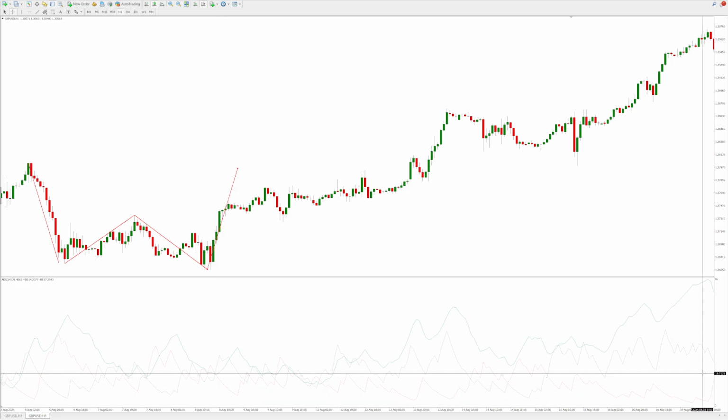I use a 20 level. You can use something higher. 20, 25, 30 are common levels. Some people may use lower. But for me, anything above 20 on the ADX suggests strong market momentum. Anything below would suggest more of a range in market. Okay, so we're going to look for, with the ADX, the green to be above the red and plenty of